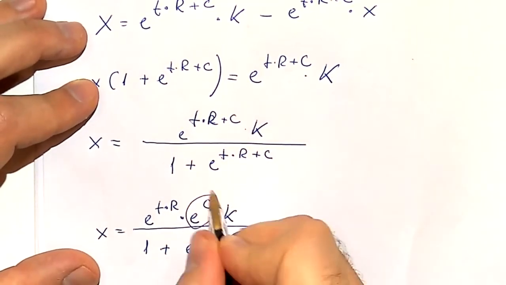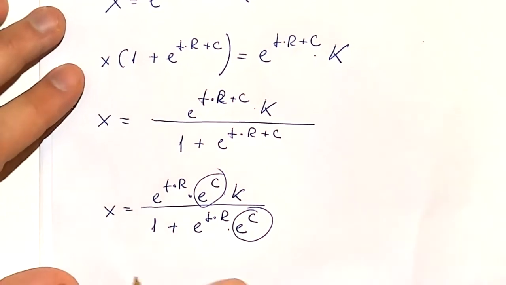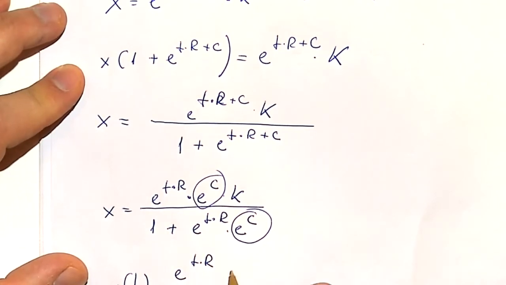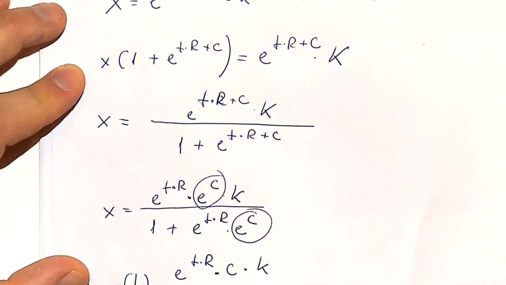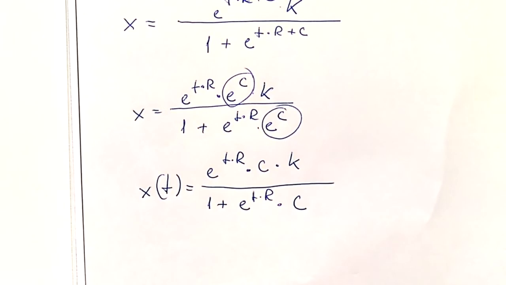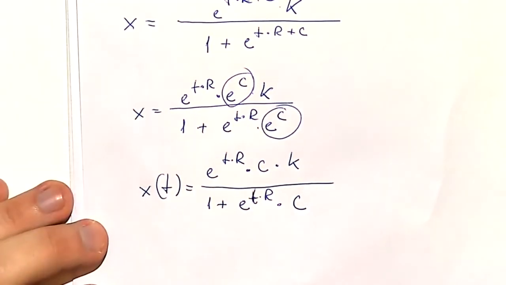And I just say this is going to be my new constant. So I write x of t, the final answer, is equal to a constant times e to the tr, multiplied by k, over 1 plus the constant times e to the tr. Okay, and this is my final answer